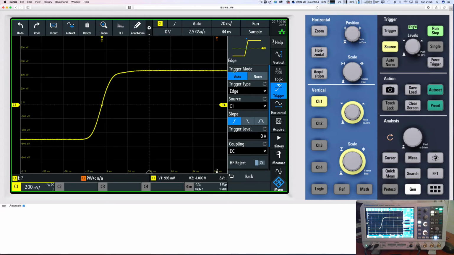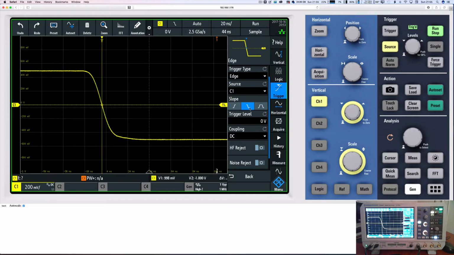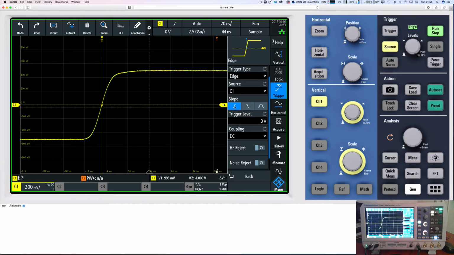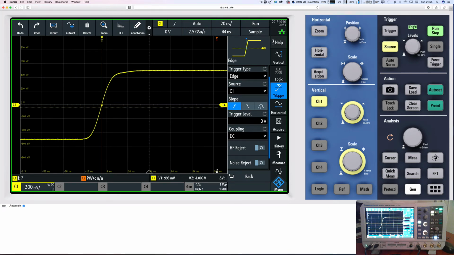So here we've got our trigger types, and if I go to rising edge, you can see that. So that's falling edge, that's rising edge. So that's both. All right, okay, I didn't realise that. If you click on the same one, it actually goes through all of them. So that's rising edge, falling edge, both, which you can see, or back to that. Alternatively, you can just click on either one, so if you click the one you want, actually,